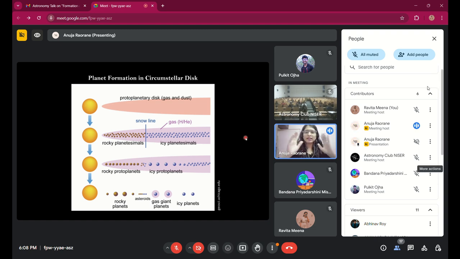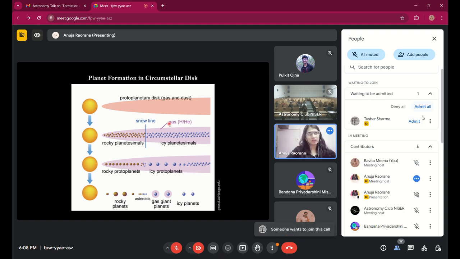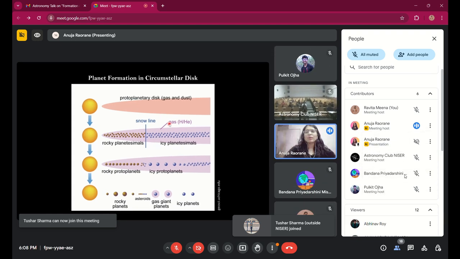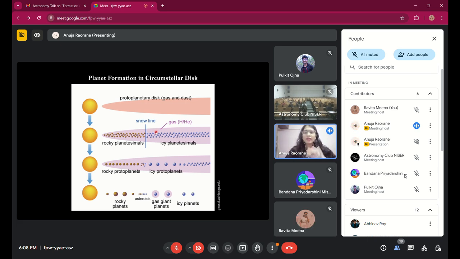This is again a very simple picture which divides our terrestrial planets, that are the Earth, Mars, Venus, etc., from our gas giants with the snow line. And this picture is to show how different they are from each other in terms of composition. And it solely depends on how far it is from the central star. So at the end of planet formation, we get rocky planets, asteroid belt, gas giants,